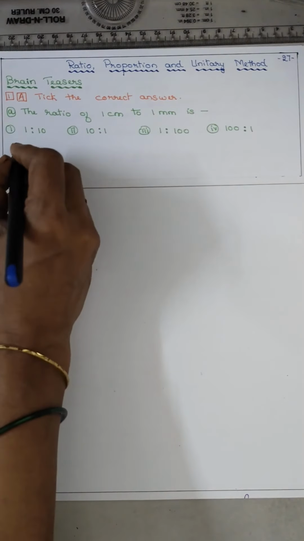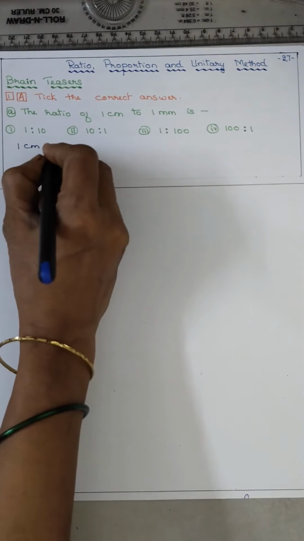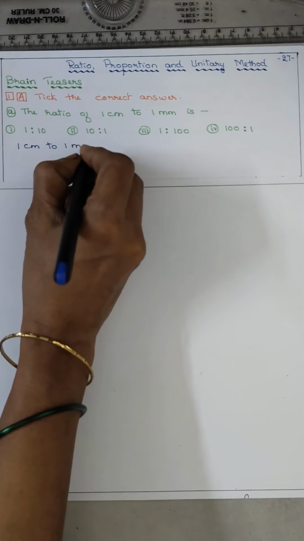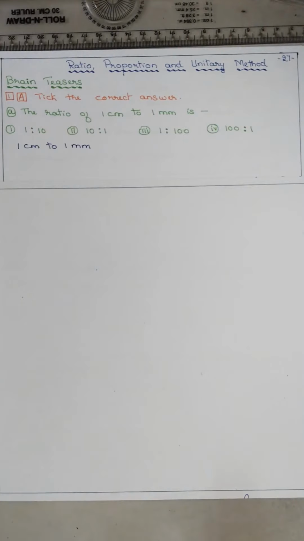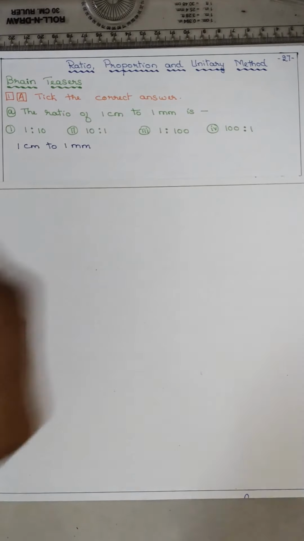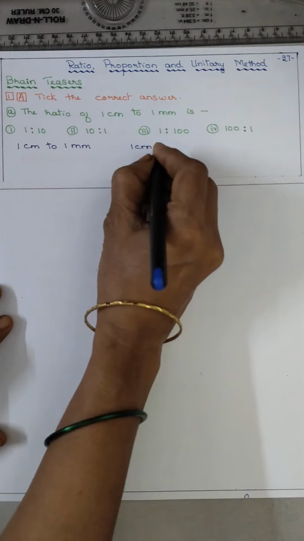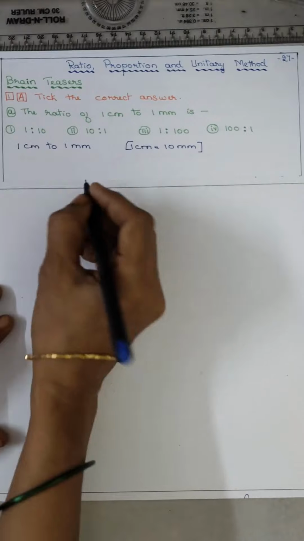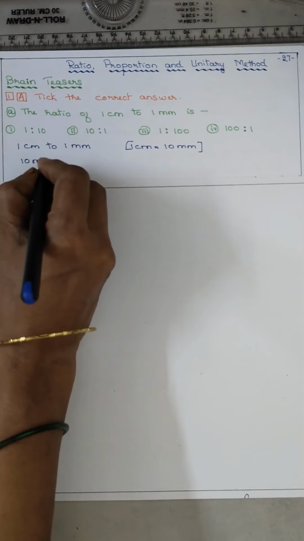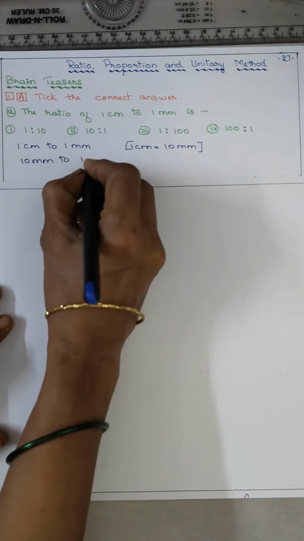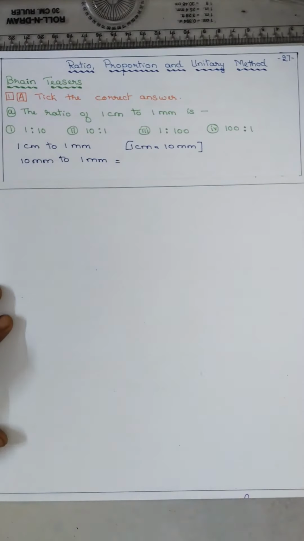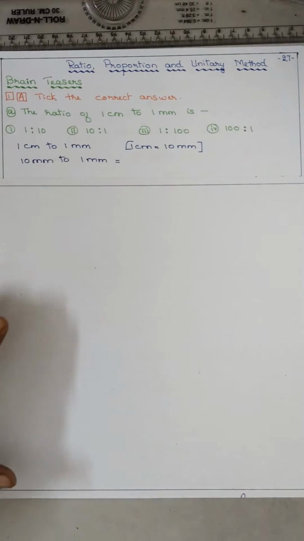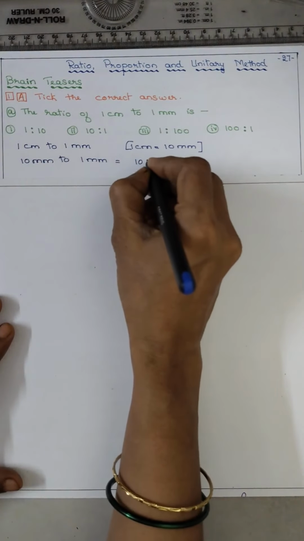So it is 1 centimeter to 1 millimeter. They are not the same units. So what we have to do? Convert centimeter to millimeter. So you know 1 centimeter is equal to 10 millimeter. So it becomes 10 millimeter to 1 millimeter. So it will be 10 is to 1,